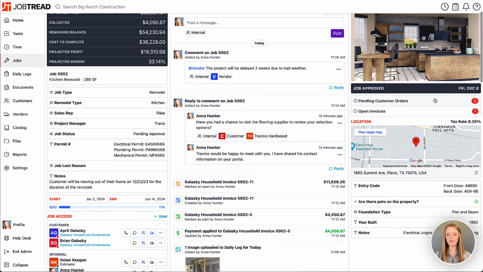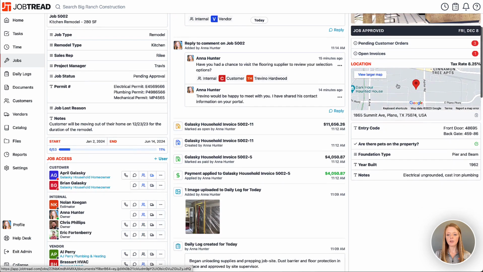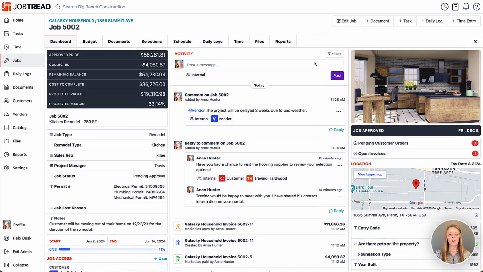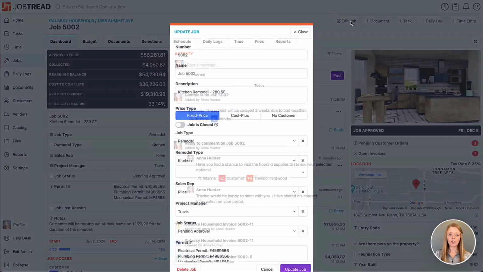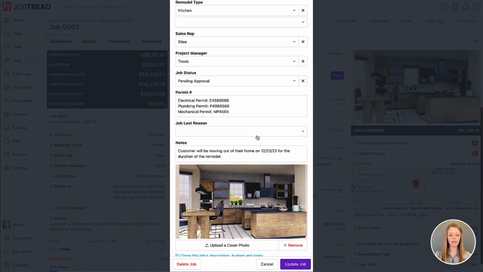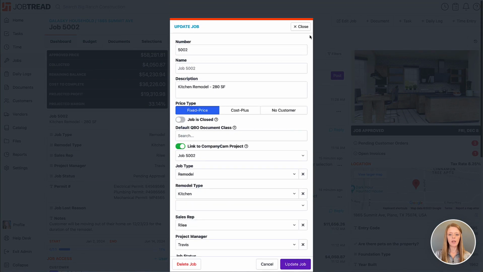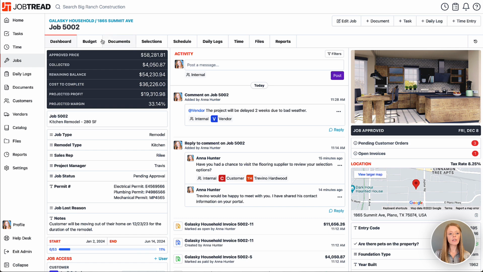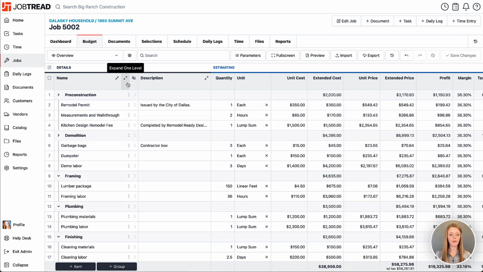You also have some of your outstanding items listed here, and then your location information, including your location custom fields for this job site. Now, if you need to edit any of the basic job details, you can click Edit Job here and add in any of your details. Additionally, all of the tabs across the top are specific to this job. So you have your job budget. You also have your job documents,